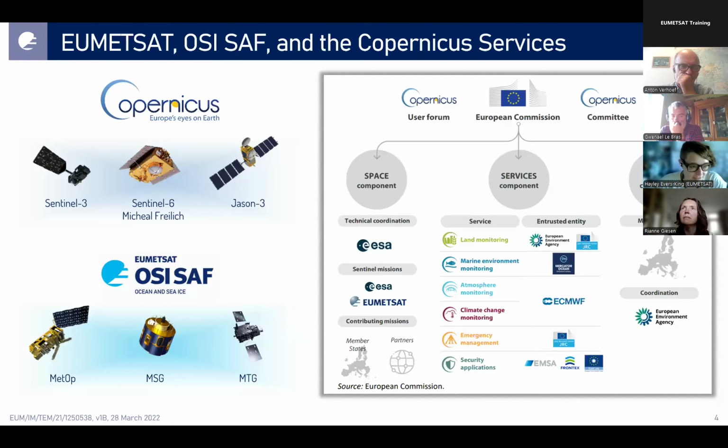So how do we all fit together? At the moment, as I said, we at EUMETSAT operate some missions under Copernicus, so Sentinel-3, 6, and Jason-3. We are part of the space component of the program. We're one of the what they call entrusted entities, along with our colleagues at the European Space Agency, who operate the satellites in the space component. And we deliver the satellite data from the Sentinels down to the marine services and other services that use this data, such as the marine service operated by Mercator Ocean, which we'll also talk more about today in a presentation